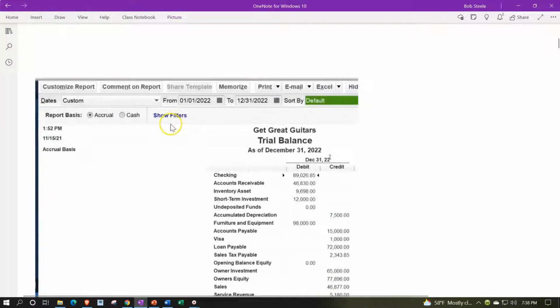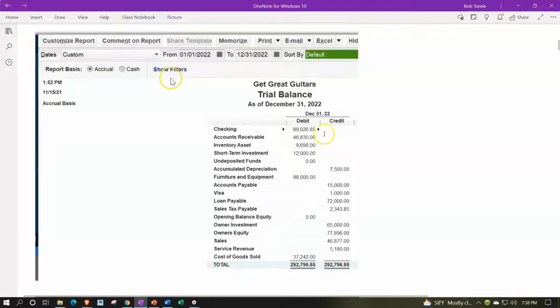So here is the trial balance. The accounts that would be affected would be the checking account going up, and then the undeposited funds going down when we make the deposit, and then we would record the receive payment. I should have gone in this order first. When we record the receive payment, we increase the undeposited funds, decrease the accounts receivable. Then when we record the deposits, we'll decrease the undeposited funds, putting the money into the checking account, increasing the